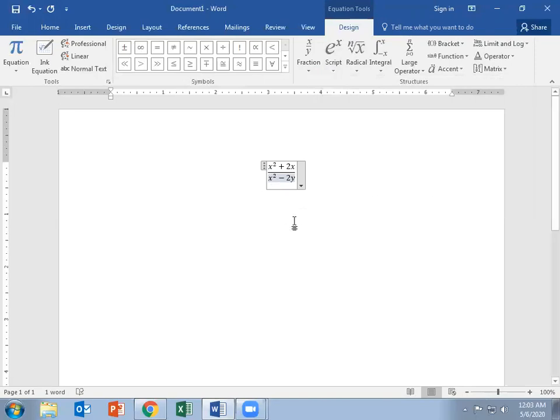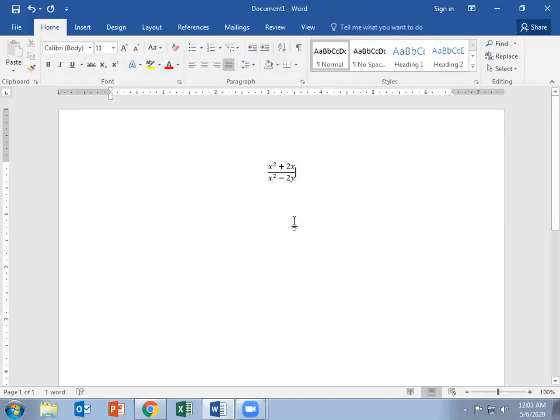Suppose this is the equation, right? And now I want to provide this equation. This is a very easy equation, and you can also use a very complex one.